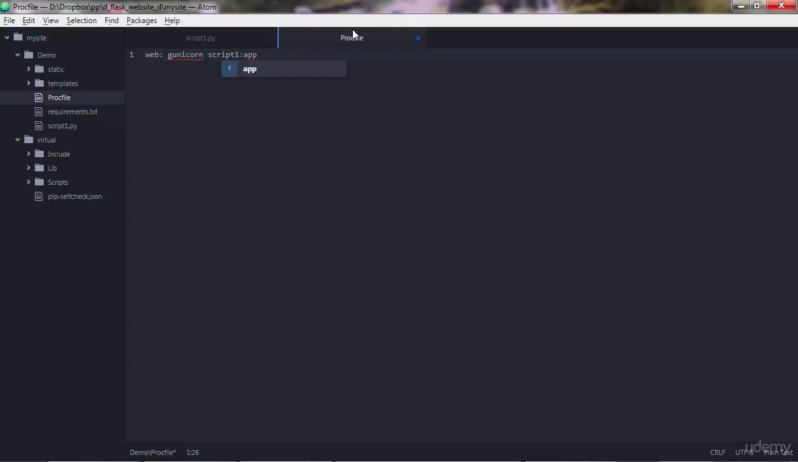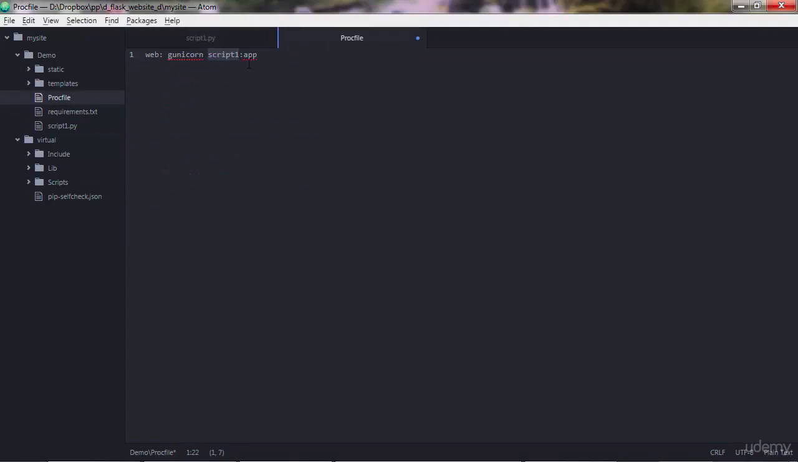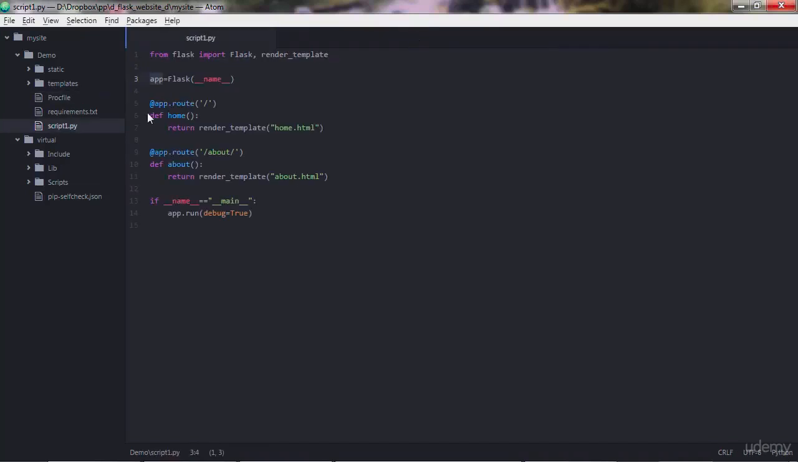So again, a Procfile is in the same directory with our script1.py, and it should be there. Then you point to the file name of your Python file, and then app is the name of the variable that is holding the Flask instance, so app there. Yeah, I hope that is clear. That's all you have to do with the Procfile. Just save that and close the file. And yeah, one more file now,